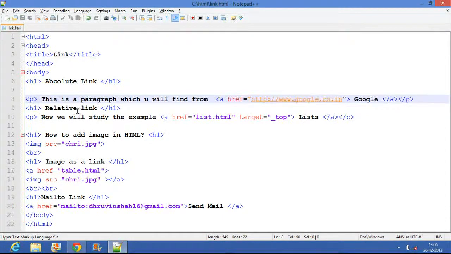Then, what is a relative link? The other type is the relative link. As you have seen, your web page may be too large, and you want to refer from one web page to another web page. Like I have created a table web page, a list web page, etc., and I want to refer to those web pages on my current web page. Then what should I do? Then I have to use